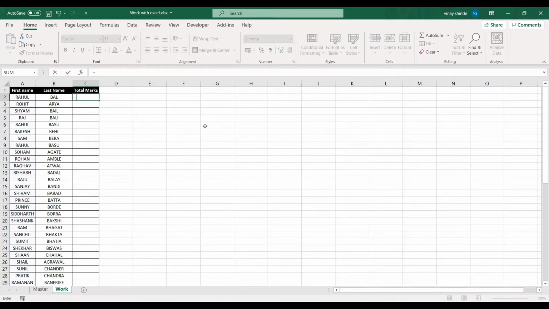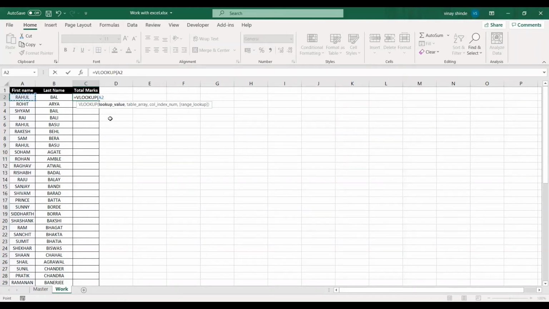Now the fastest way is again what I'm doing right now. You have to type the formula VLOOKUP, simply press tab. Now here you will get the syntax. What is syntax? Syntax is basically a structure, in which manner or in which order you are going to enter the details. So first is lookup value. My lookup value is first name, so I'll select this cell.